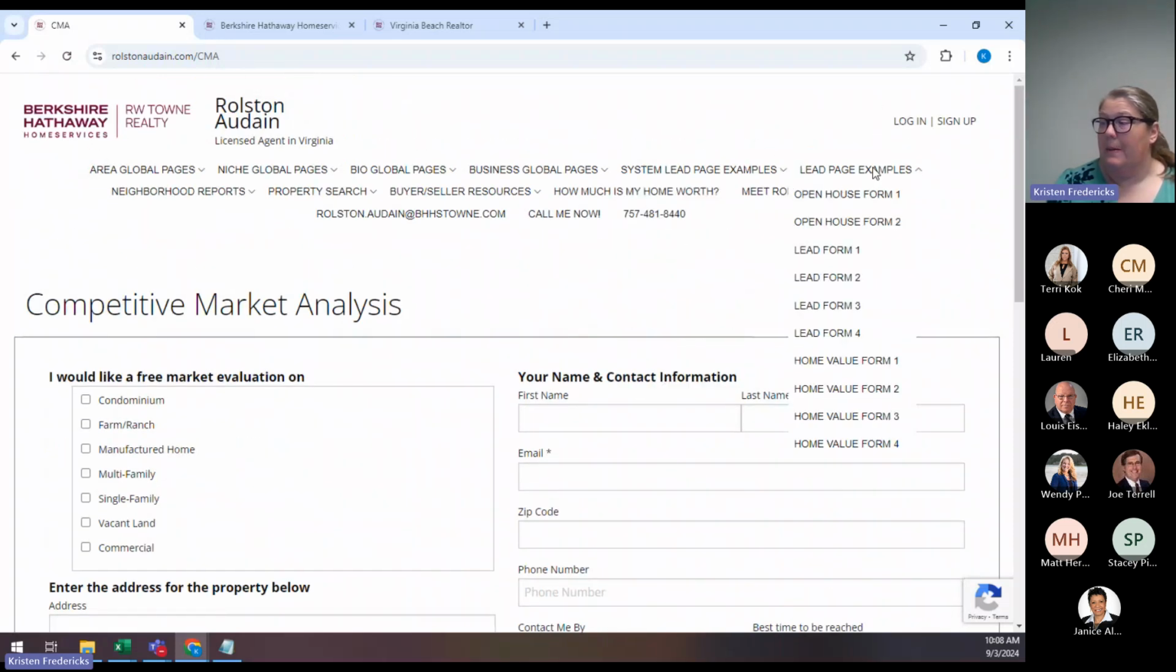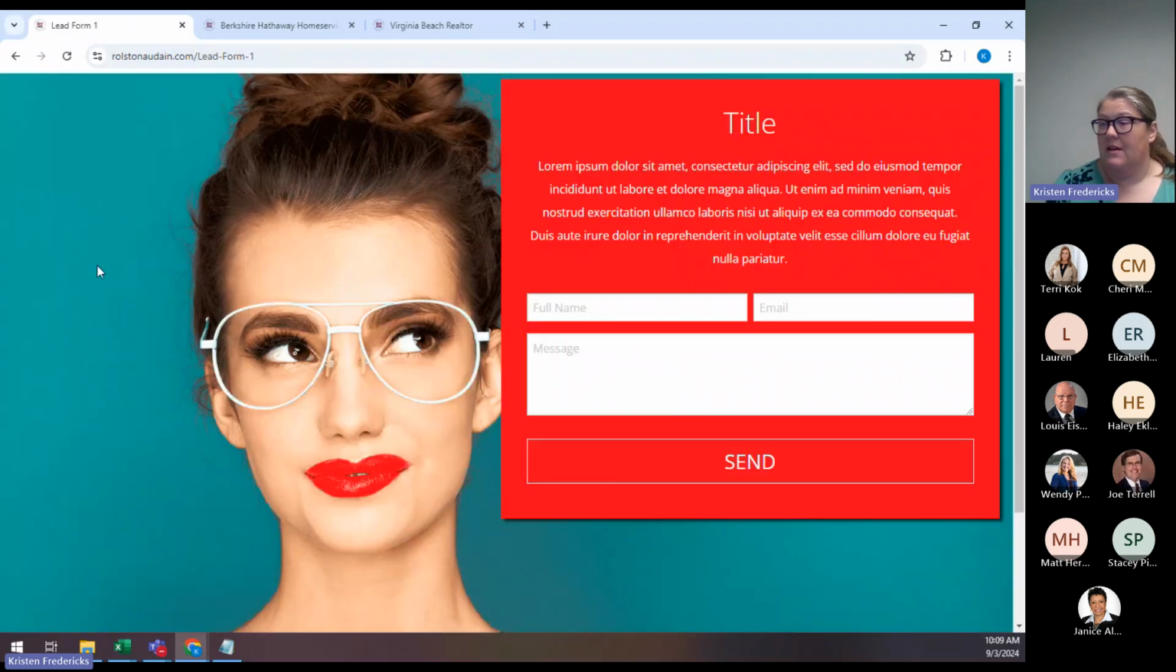We also have lead page examples. These are lead forms that while we can't change the fields, we can actually change the design a little bit. So these are things like, I'm just going to take a quick look at a couple of these. This one doesn't make any sense, but this is how it looks when it comes out of the system. Obviously, something like this, we're able to change the title, we're able to change the verbiage, we are able to change this background photo. Some of them do allow you to change the colors, not all of them do, but